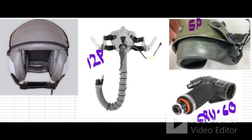On the right upper corner is the MBU, Mike Bravo Uniform 5P. That is the predecessor, and that is a legitimate hard and soft shell combination. It's in two parts. You insert the soft shell inside the hard shell. And the reason you have the soft shell is number one, to create a seal around your face so that you don't get oxygen leakage. Number two is so that you're able to do things such as move your jaw, or more importantly, perform what's